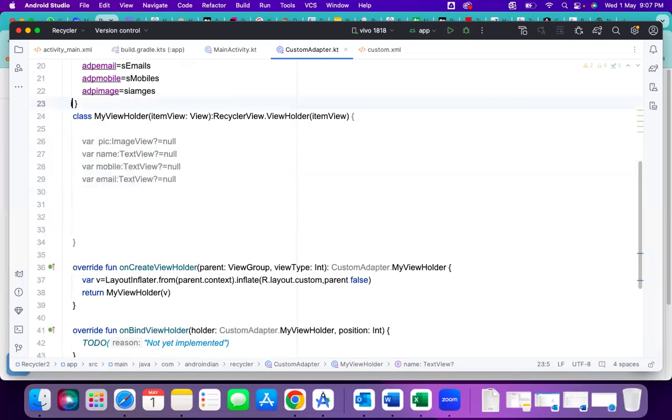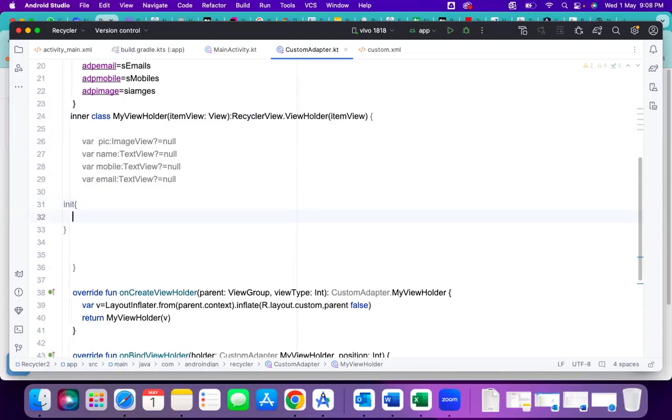Right. This class we have to make as an inner class. Then here we have to create one init class to initialize the data, so we have created one init class. Within this init, now we have to find this. So pick equal to, with reference of that item view, whatever view is created, that item view dot